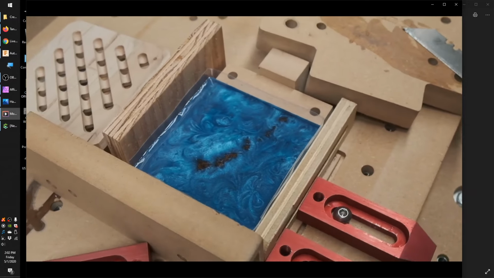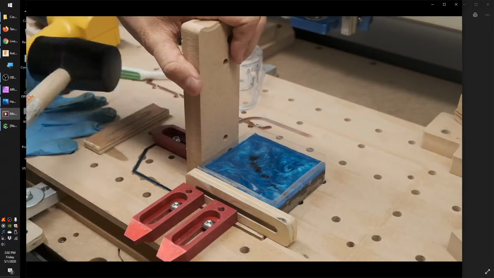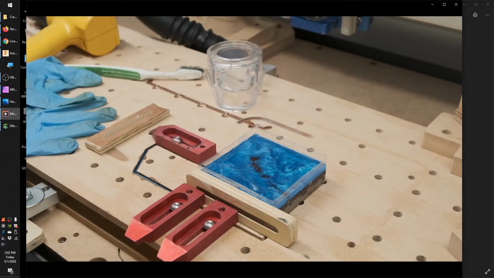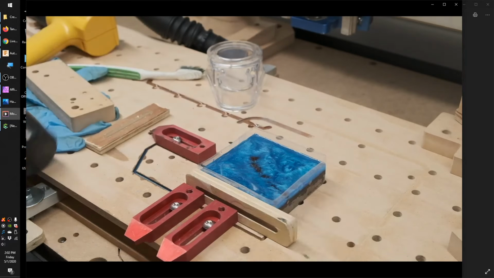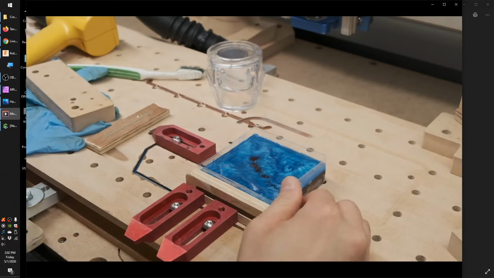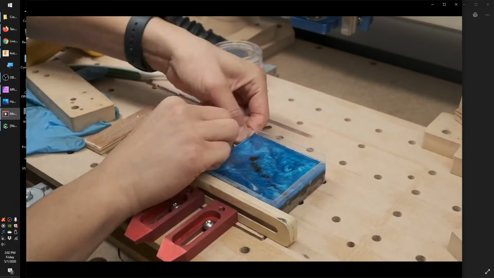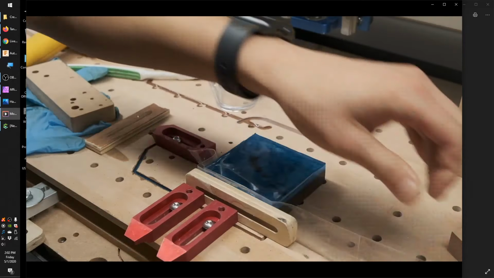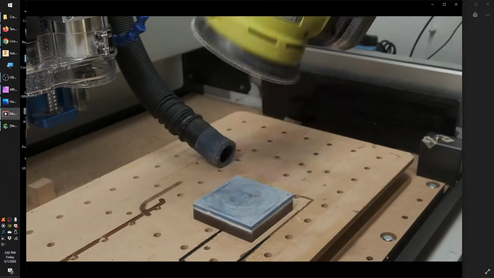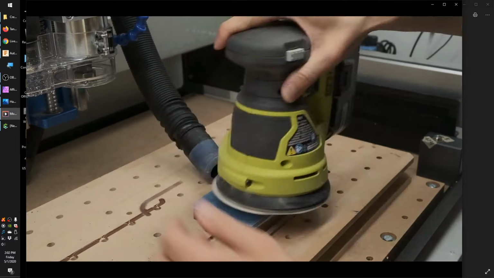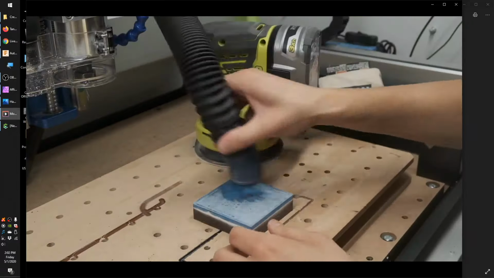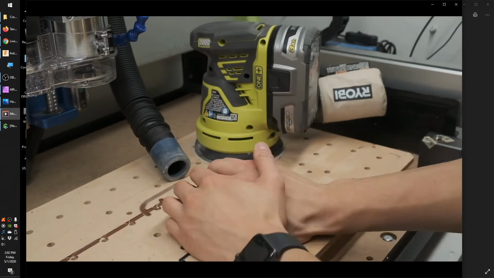I do highly recommend making sure that whatever you pour this on, you put some tape, packing tape or whatever, on the bottom. Otherwise, you're going to stick everything to your wasteboard, which is a really bad day. But once you get everything pried off, there's that meniscus that I was telling you about that you need to sand flat, or you could machine it flat. But once I sanded it flat,